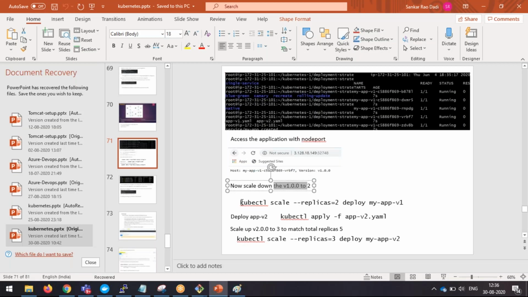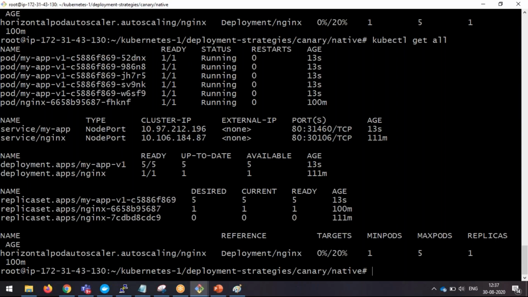right? So now let's scale down. Right, so now see this use case. If I make it 2 to 3, then you need to continuously hit the server, because out of 100 requests, there is a chance that 80 will go to the version 1 and 20 will go to version 2. So that is the reason. So what I will do, I will try to decrease 5 to 1 and 4 for the version 2, so that I can see the thing faster. Otherwise, you have to send requests like that. So now I will scale down my app 1 to